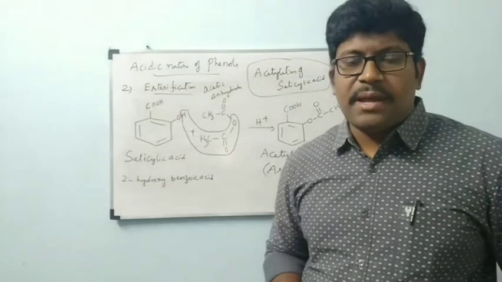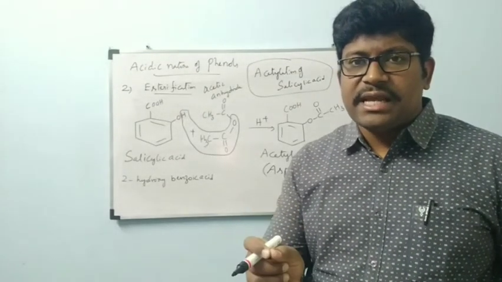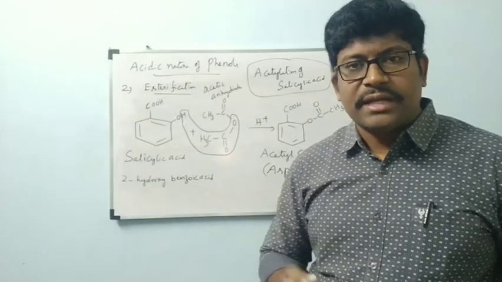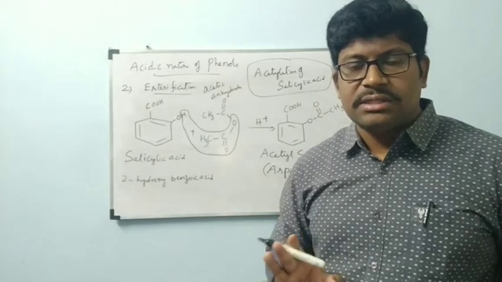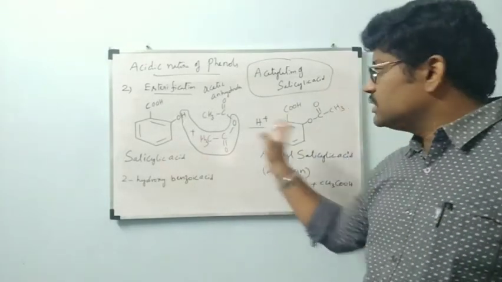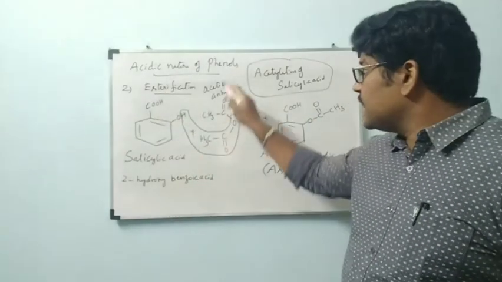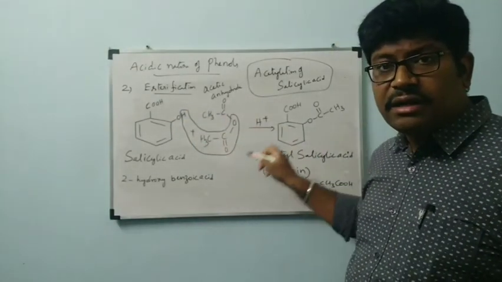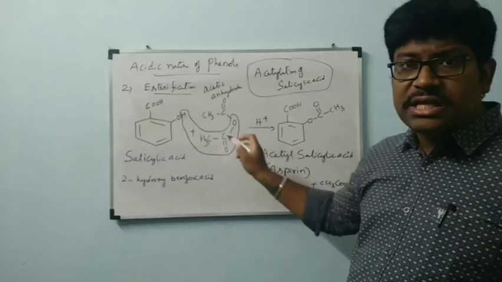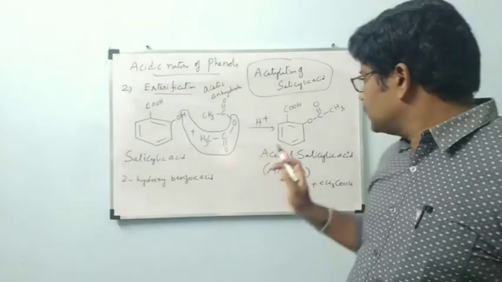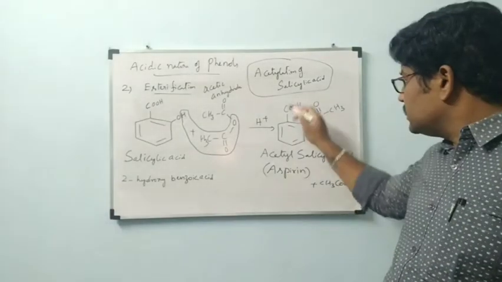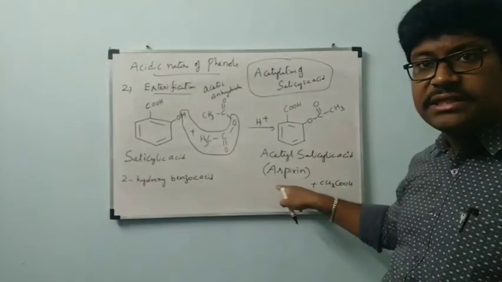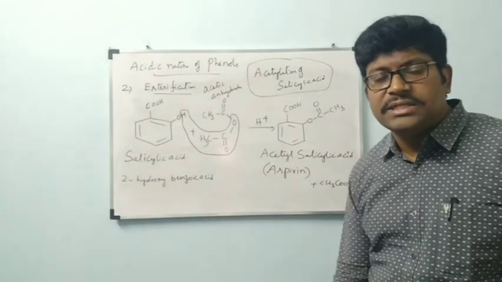In some CBSE board papers I have seen questions like: write short notes on acetylation of salicylic acid, or how we prepare aspirin. Directly the question can be a 1 mark or 2 marks question. Sometimes I have seen it 2 or 3 times. This is the equation. Salicylic acid reacts with acetic anhydride. The alcohol group present in salicylic acid reacts with acetic anhydride to form an ester. This process also comes under esterification only. Plus CH3COOH. The main product formed is called acetyl salicylic acid, which is simply called aspirin. The drug name of this compound is aspirin.